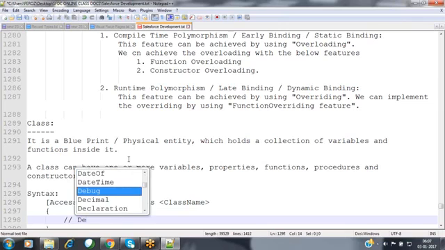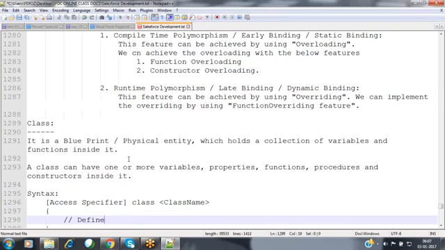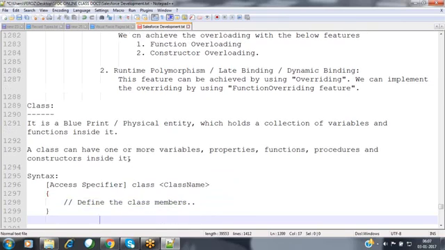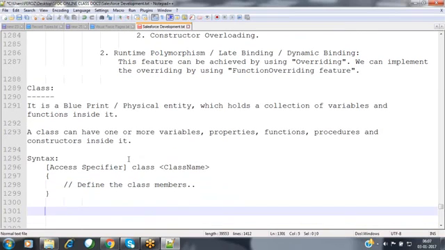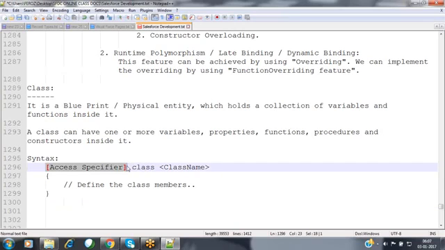Inside this class, you can define the variables, the class members. So this is the syntax that we have to use in order to define this class. Remember the word class, and then you can specify the name of the class.